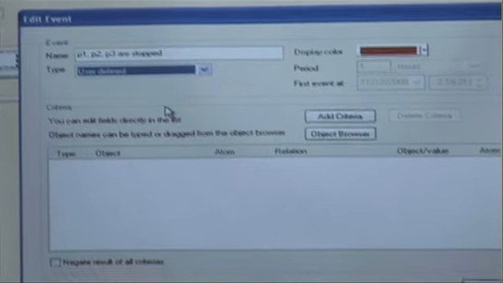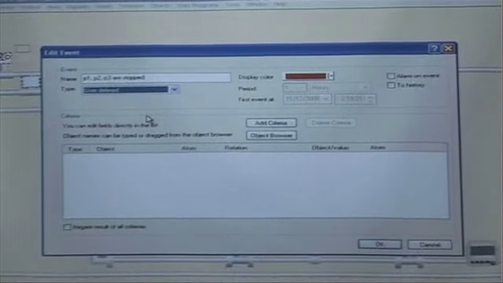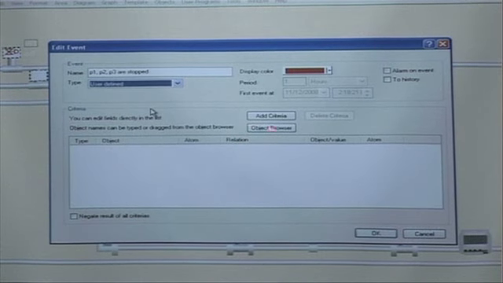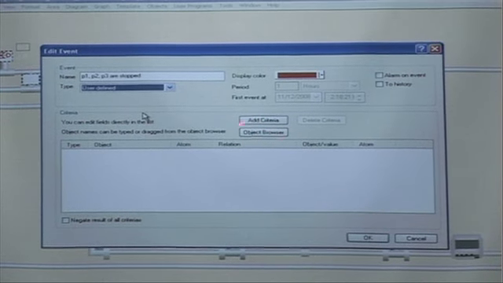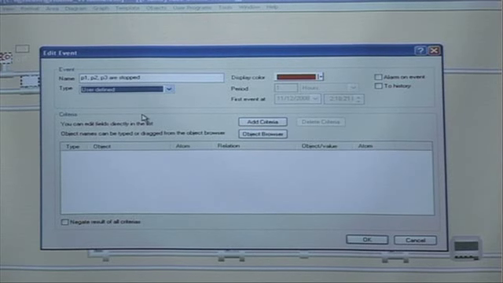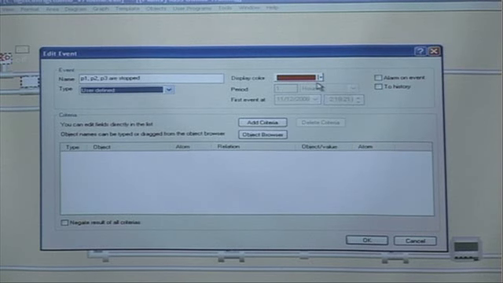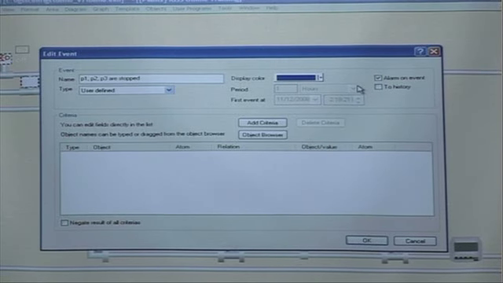And notice that the lower section of the dialog box now opens up, allowing me to browse for objects that I can define events for. I choose a display color, for example blue, in the event list, and I select alarm on event because I want this particular event to also appear in the alarm list. And now I will start creating the condition for this event to occur. I click the Add Criteria button,